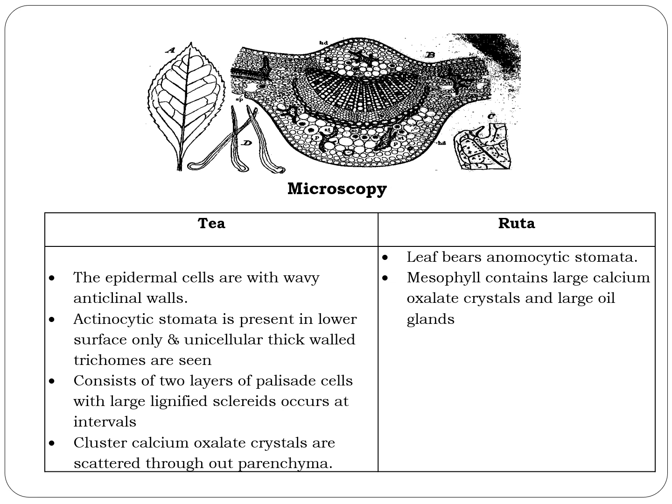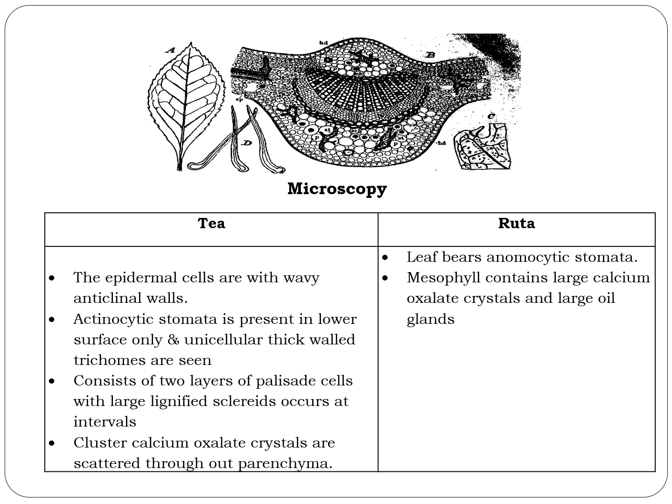If you see the microscopy of tea leaves, we can see the epidermal cells with wavy anticlinal walls, and it consists of actinocytic type of stomata, especially on the lower surface. You can see unicellular thick-walled trichomes in the leaves of tea. It consists of two layers of palisade cells with large lignified sclereids occurring at intervals. Clustered calcium oxalate crystals are scattered throughout the parenchyma,